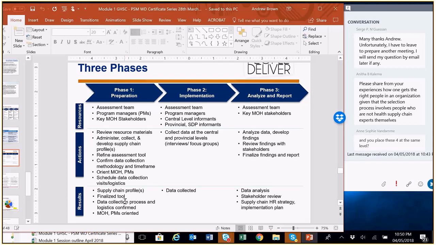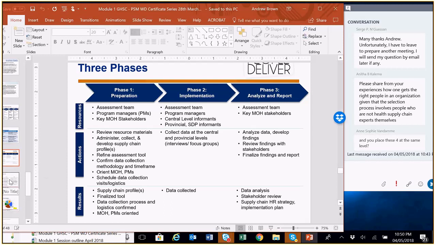So it has a preparation, implementation, and analysis and report phase. Preparation is desk audit. Implementation is a couple of weeks of interviews and data gathering and focus groups. And the analysis and report is simply pulling together the data and making a report that others can follow and understand,